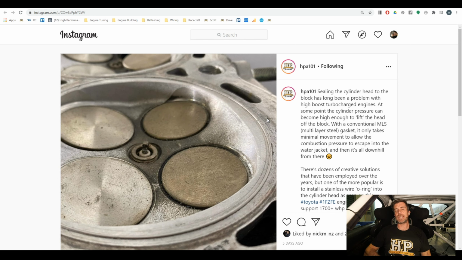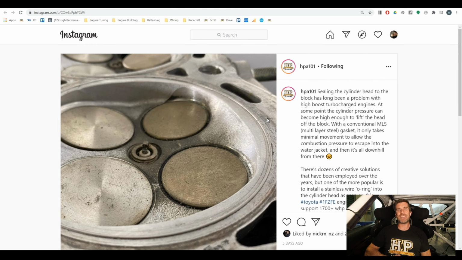There will also be a receiver groove that's machined into the top of the block, and it's directly in line with that stainless steel O-ring. And the idea here is that we use this in conjunction with a copper head gasket. The copper material is relatively soft, particularly if it's been annealed, and when the head is bolted in place, the protrusion of that O-ring will actually force or deform the copper head gasket down into the receiver groove. So it kind of locks the head gasket down into the block, and it provides a really stable lock that's very difficult for combustion gas to escape through, even if the cylinder head does lift marginally.